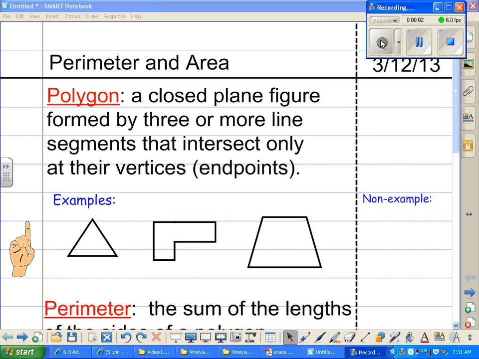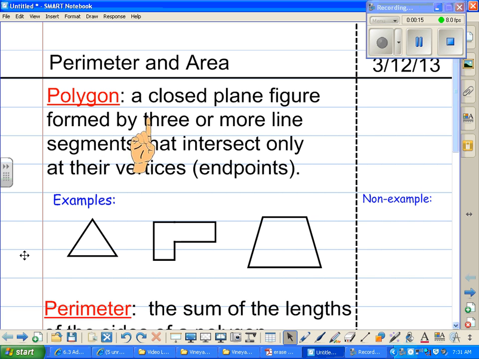Okay, today's lesson is a fairly simple, straightforward lesson. It's a review lesson actually on perimeter and area. And so I wanted to go over some definitions first. A polygon. A polygon is a closed plane figure formed by three or more line segments that intersect only at